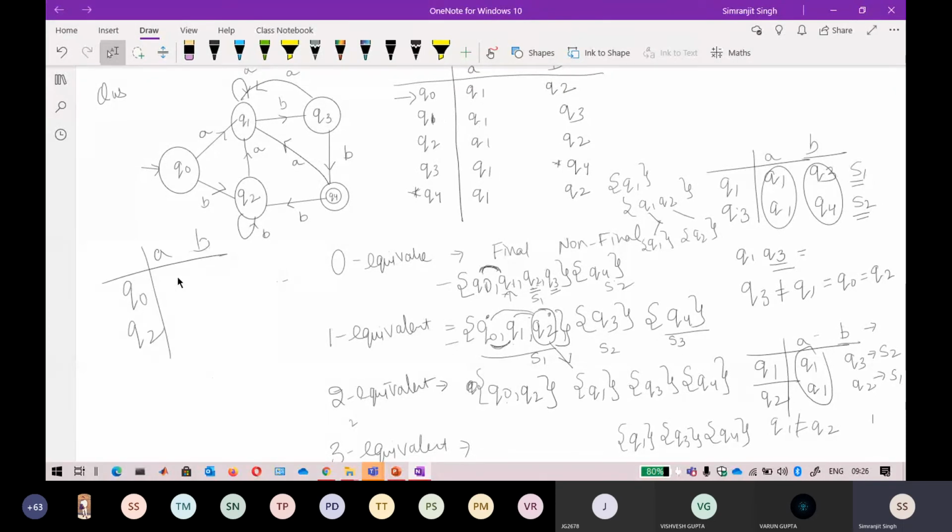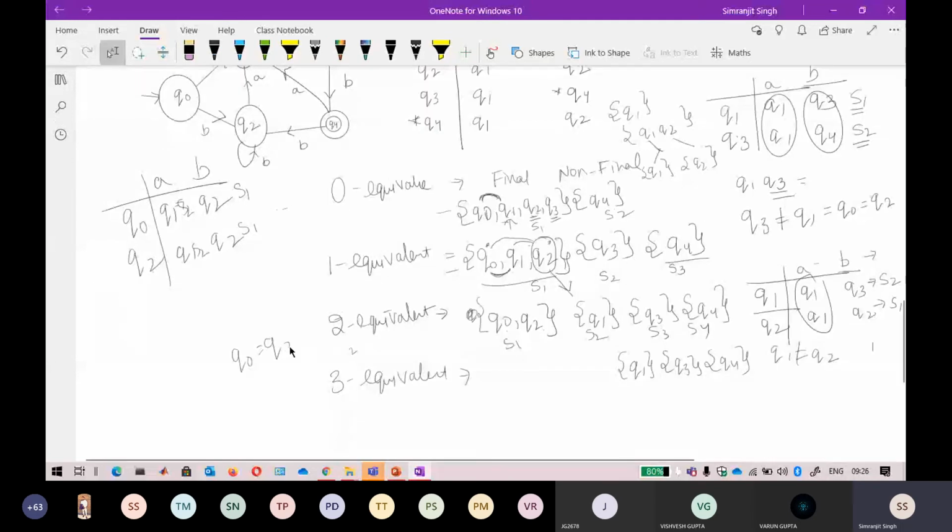Okay, so if you check it in the table, for Q0 on A it is going towards Q1. For Q0 on B it is going towards Q2. So for Q2, Q1, Q2, I just place it. Okay, so if you find it, Q1 and Q1, the sets become S1, S2, S3 and S4. So Q1 and Q1 belong to set 2. This is set 2. This is set 2. They belong to the same set, so do not need to worry about it. Again for Q2, check, it is going towards Q2. So Q2 belongs to set 1 and Q2 belongs to set 2. So again, it means that Q0 is equal to Q2. I cannot break those.